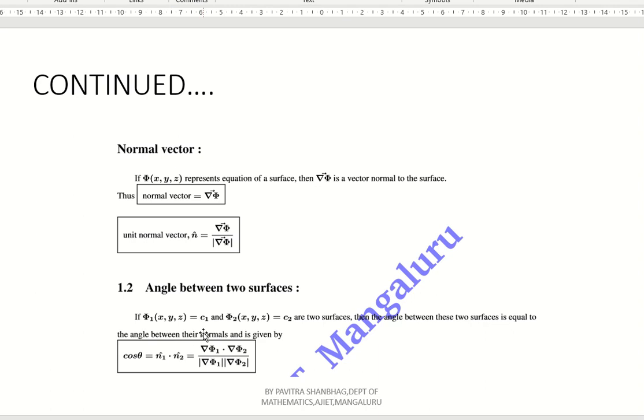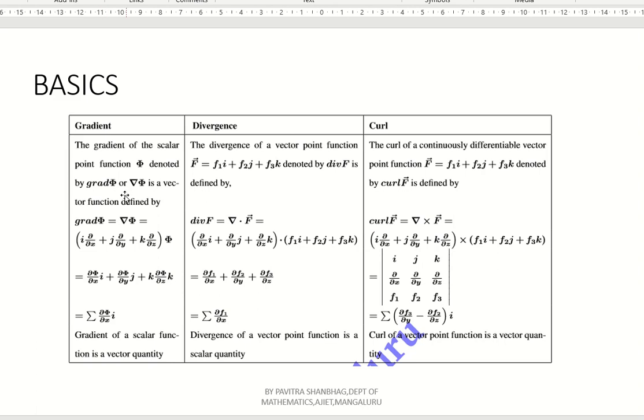Here always remember, we can find the angle between two vectors, right? But here phi 1 is given, phi 2 is given. Phi 1 and phi 2 actually represent what? Scalar quantities. But we have to find the angle between two vectors. So you need to convert them in terms of vectors. How to convert a scalar in terms of a vector? We can convert it with the help of the gradient definition that we have discussed already, right? Scalar we have to convert with the help of the gradient. So what will we get here?